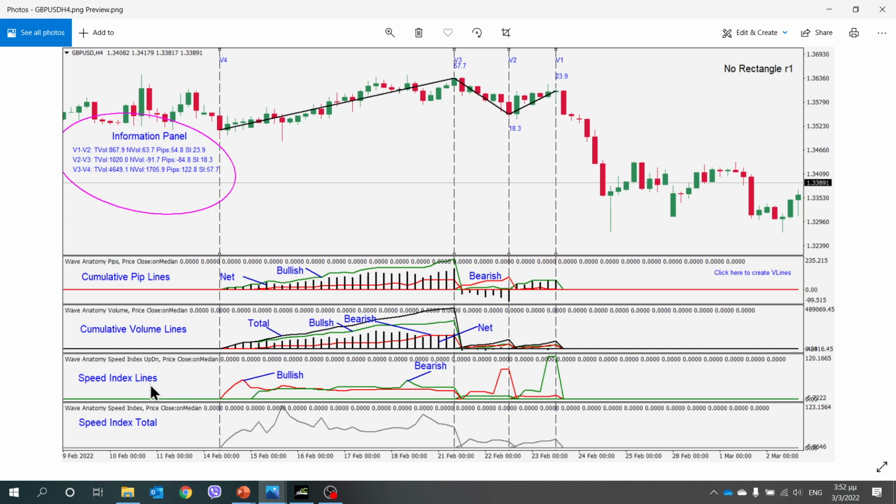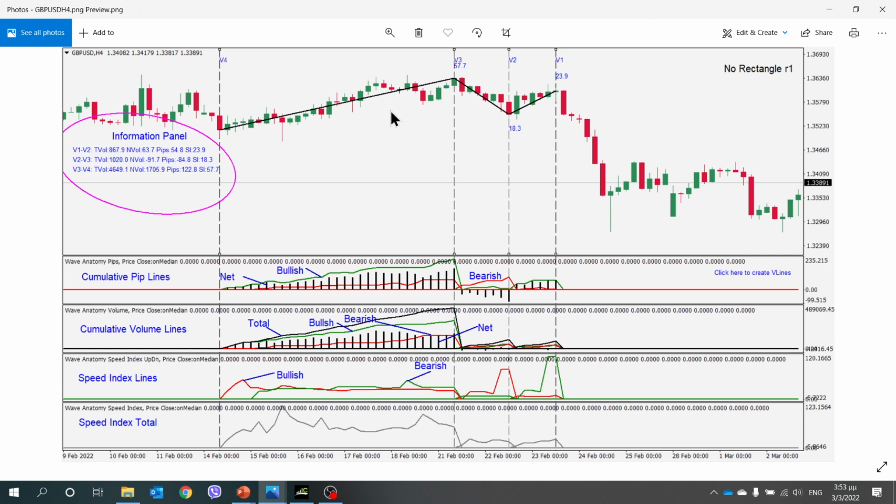And then, the new speed index lines. These speed index lines are the speed index lines of the bullish and the bearish bars. And if you notice, I have marked the red as bullish and the green as bearish.